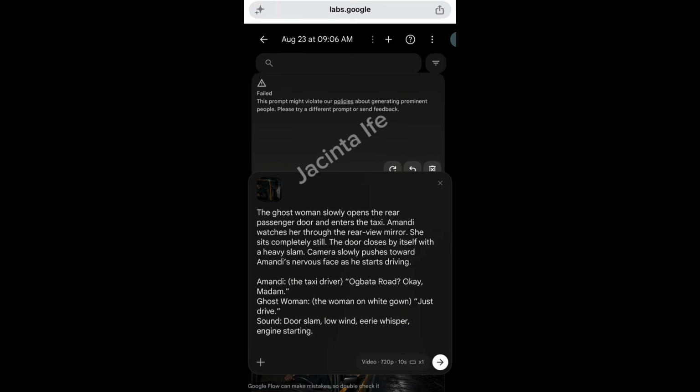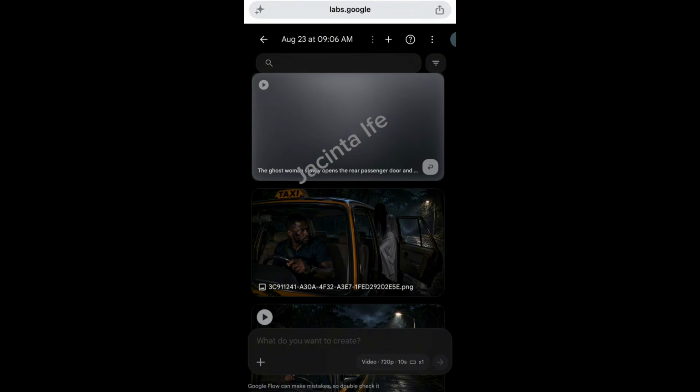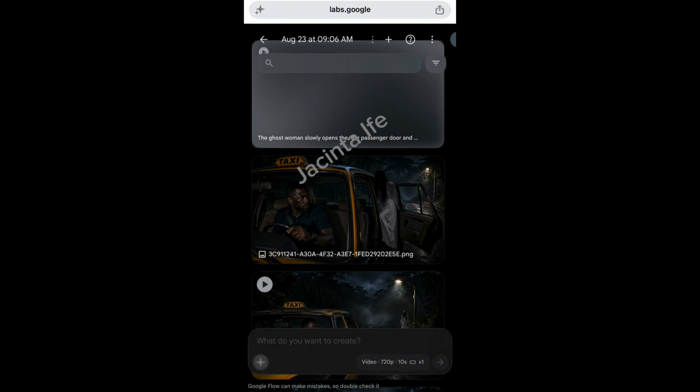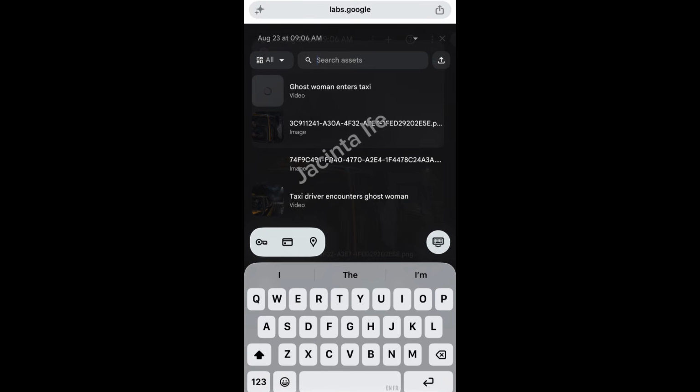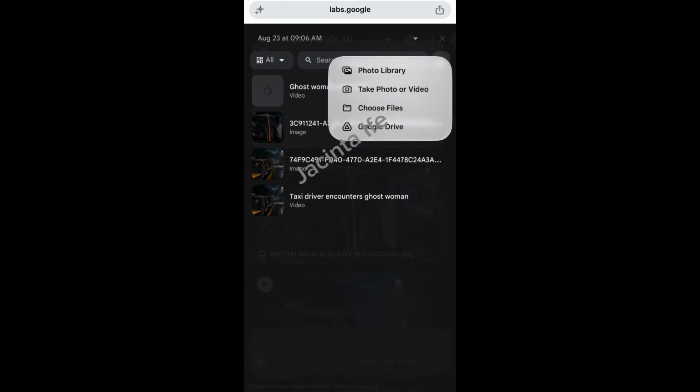I think we'll change this prompt, but let's see if we can generate. Let's export the scene 3 image.